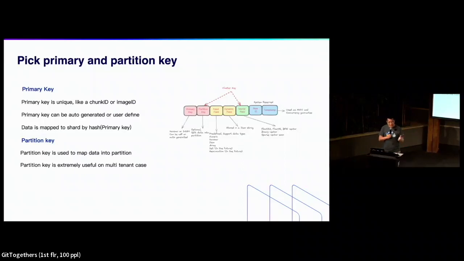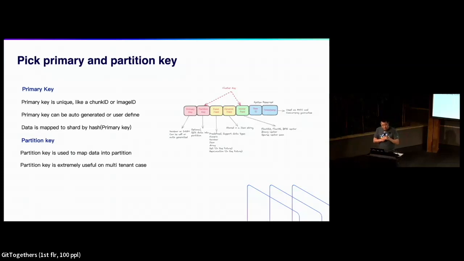So for primary key, it's going to be unique. You're going to retrieve it very frequently. Most likely, it's going to be a chunk ID or an image ID. And primary key can also be auto-generated if you don't know what it means, right? Yeah, and primary key also helps you to scale, especially if you have billion-level data. You definitely don't want to put it into one shard. We'll talk about what a shard is, but generally speaking,